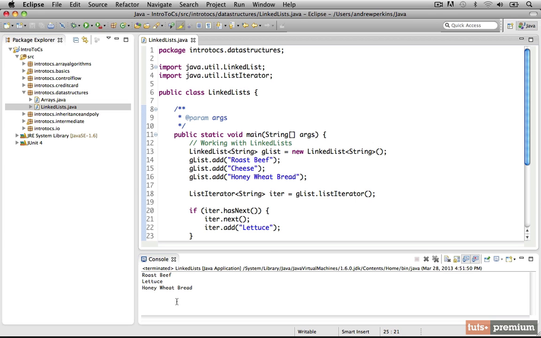So remember, linked lists are helpful for efficiently adding and removing elements from the middle of a data structure. It's also really helpful for being able to traverse through your list by being able to move that iterator's position. Now, there are some additional methods for working with your linked list and the list iterator, like the previous method, which allows you to move backwards, and there's also a hasPrevious method to check if you can move backwards. So you should definitely check out the online documentation for more details. And for some additional practice, you might want to try moving the pointer around your list and adding and removing some elements. Next up, we're going to learn about a new